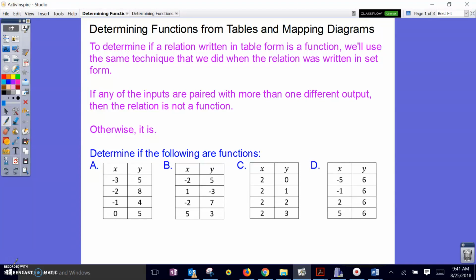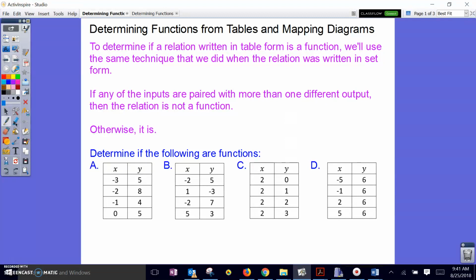Alright, welcome back. In this video we're going to talk about how we determine whether relations are functions based on tables and mapping diagrams. We'll start with tables. To determine if a relation written in table form is a function, we're going to use the same technique we did when it was written in set form. If any of the inputs are paired with more than one different output, then it's not a function, otherwise it